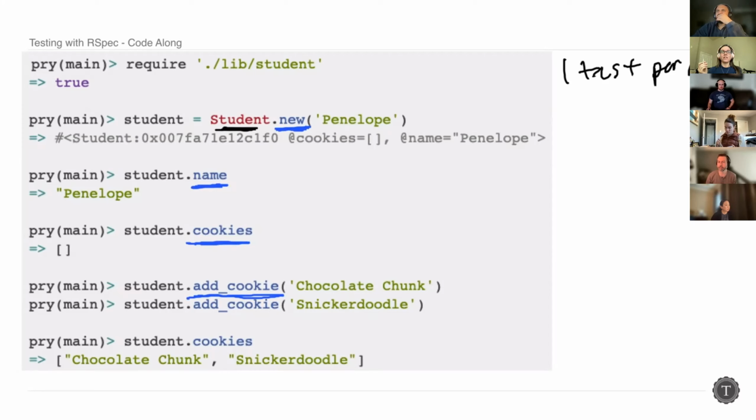Now the interaction pattern, of course, calls more than 4 methods. It calls add cookie twice, and it calls cookies again after add cookie. Sometimes we use a method that we've already used or tested before to confirm some additional functionality. So when you're looking at an interaction pattern, the important bits are each